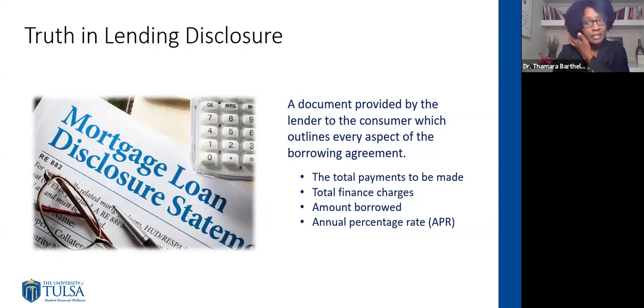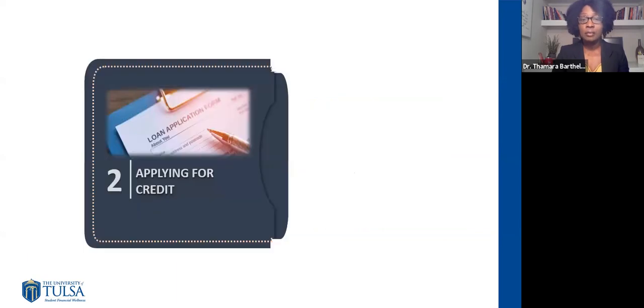Now, one of the things that is necessary to remember about credit is this: whenever credit is extended to you or extended to me, you have to receive a disclosure, a truth in lending disclosure. That could be a credit card, a personal loan, a mortgage loan, whatever it may be. Whenever you receive funds from a bank or any form of financial institution, by law, you have to receive a disclosure. The disclosure pretty much outlines the agreement